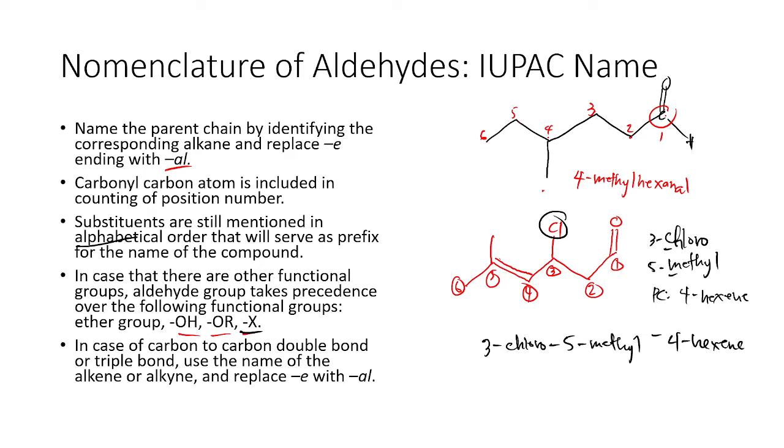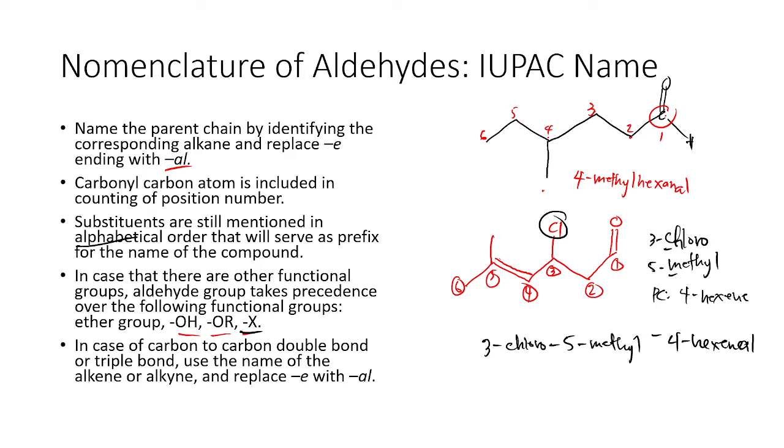All right, so that will be our method for naming our aldehydes, especially kapag meron tayong mga iba't ibang substituents na included. And kung nagpe-pay attention kayo, may mali tayong ginawa rin sa dulo. So instead of E or hexene, that should be an al. Okay? So for the full name of this compound, we have here 3-chloro, 5-methyl,